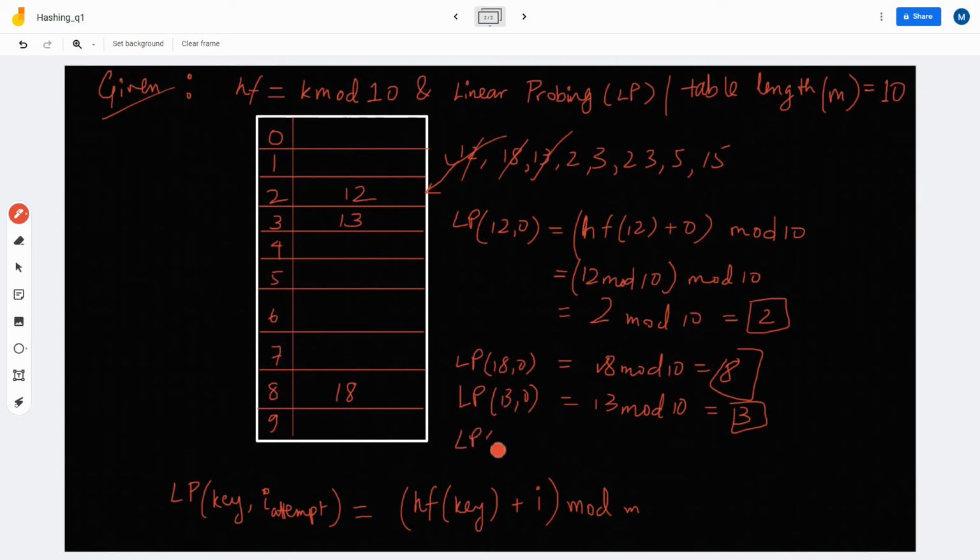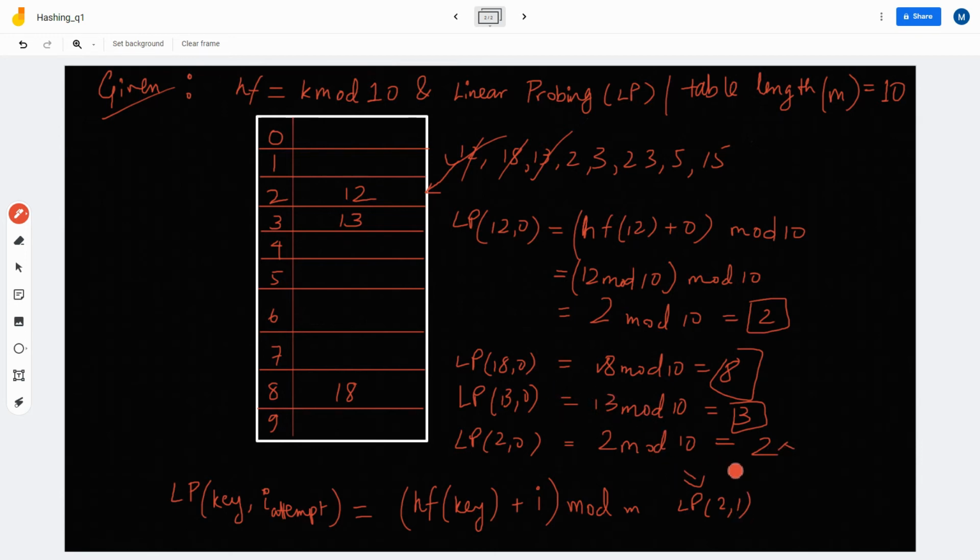Now we have 13 is also done. Now we have linear probing of 2 comma 0. Here you can see this will give us 2 mod 10, which equals 2. But 2 is already occupied. So we will move to the next step, that is linear probing of 2 and the second attempt, which will be 1.